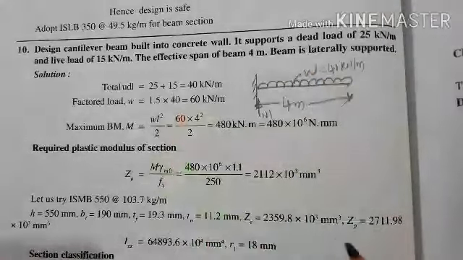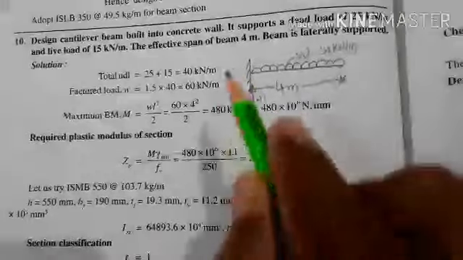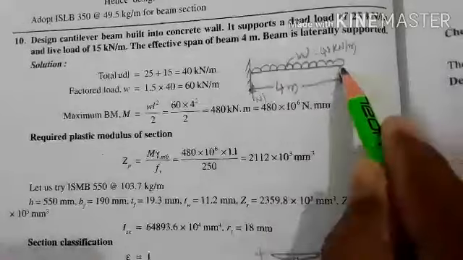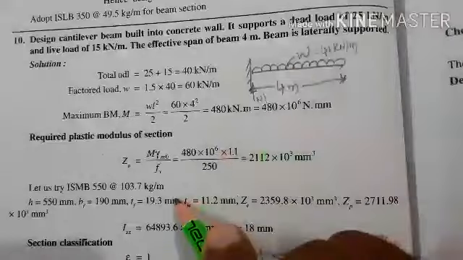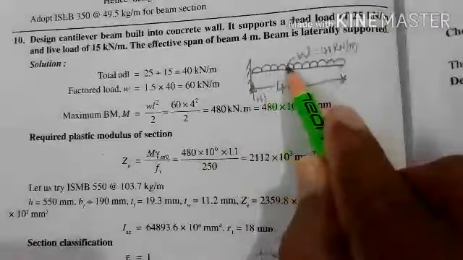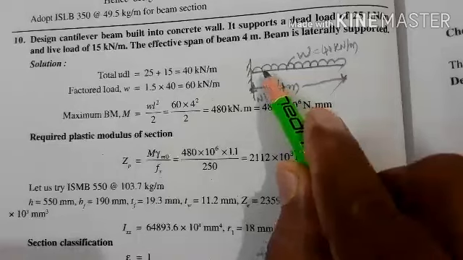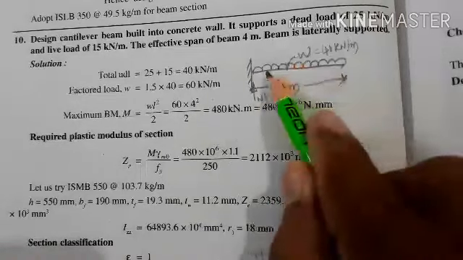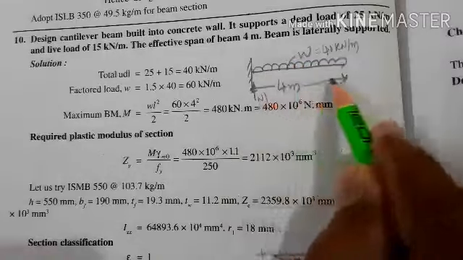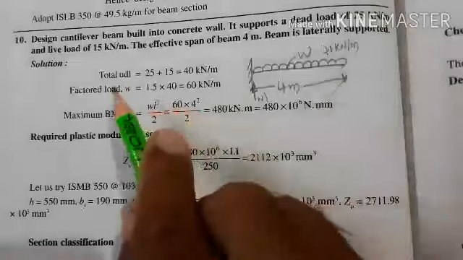Okay, this is the problem given, that is the cantilever beam is given. As you know, in the cantilever beam, one end is fixed, other end is free, and this beam is carrying a UDL, both the self weight as well as the live loads, that is the dead load and live loads are given, and the span of this cantilever beam is 4 meter. Then the total UDL